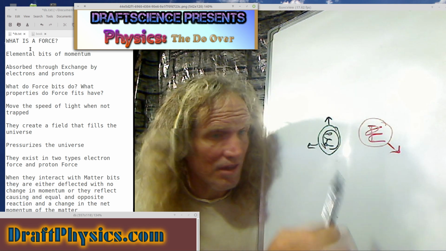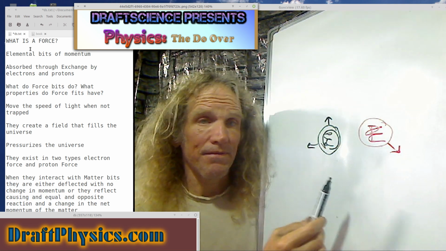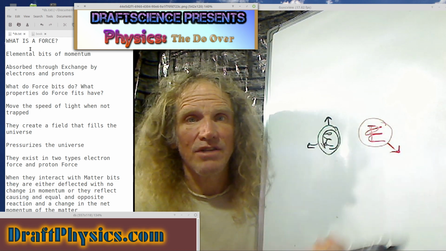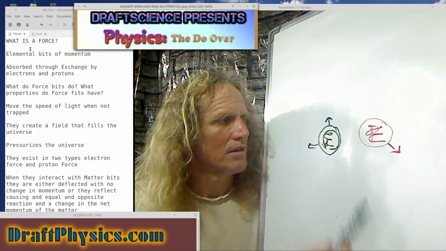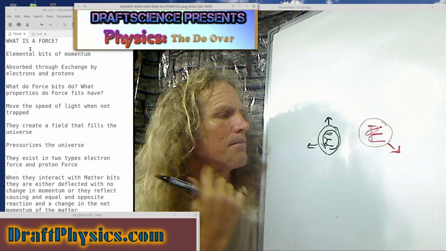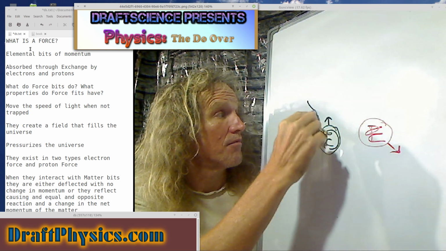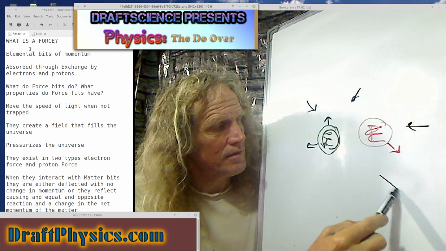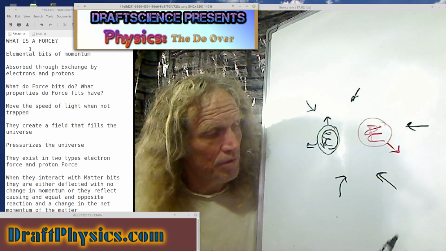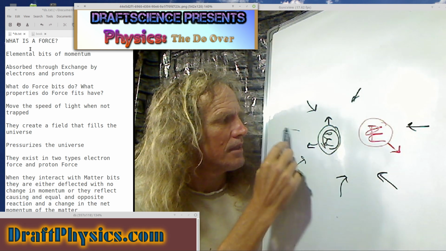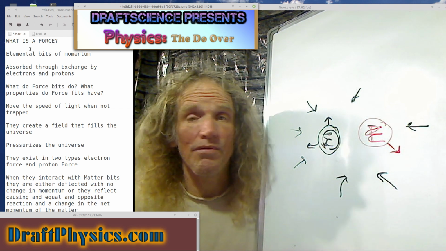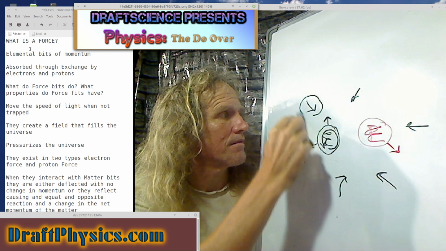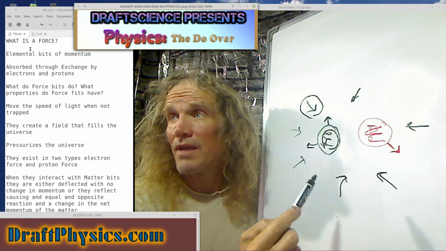If you froze the universe and then unfroze it, the particles would be moving in a direction, but that direction could be changing every one-millionth of a second, because they move based on forces, little bits coming from other places in the universe. Other protons and electrons hit them, and when those things hit them, they move. But the key point is they move because of this stuff. This stuff decides where they move.